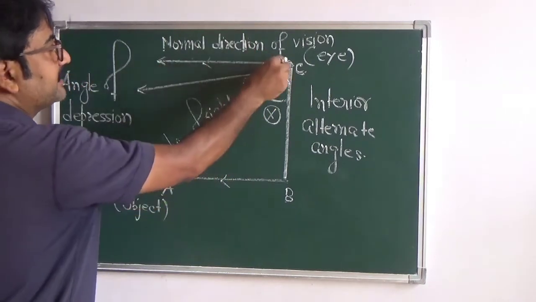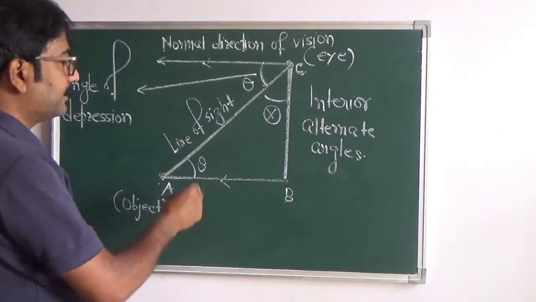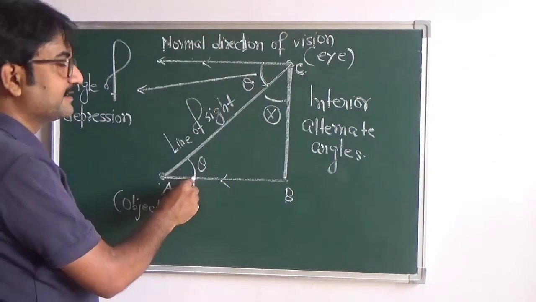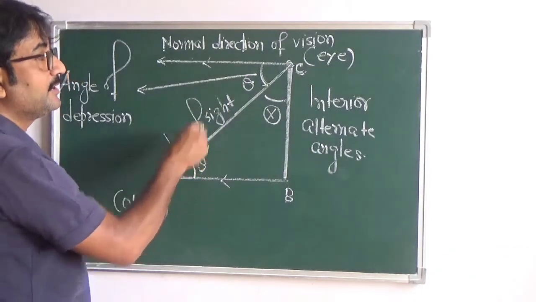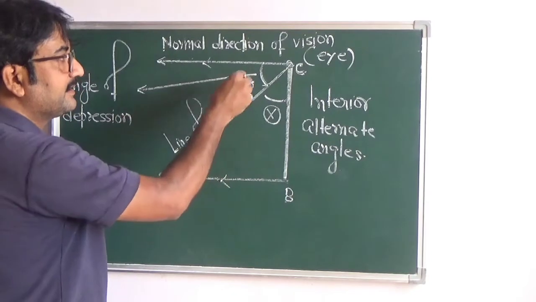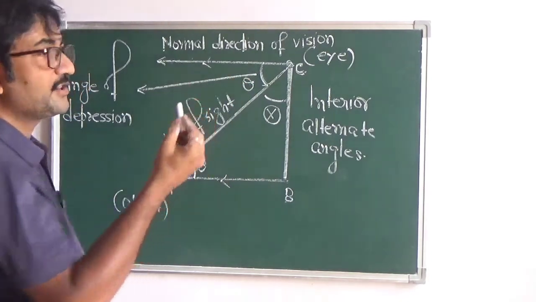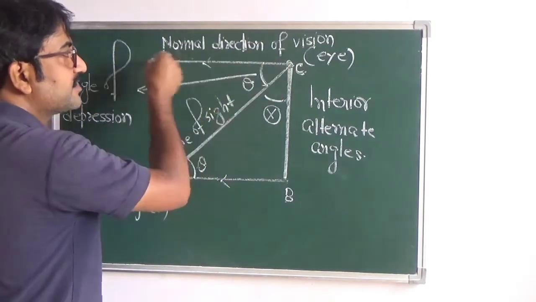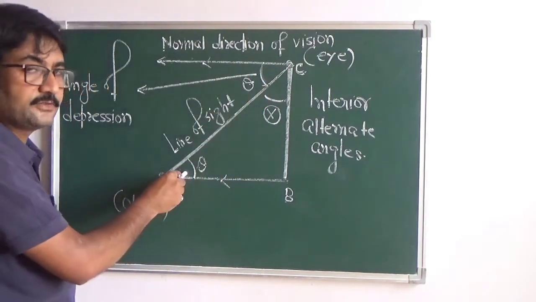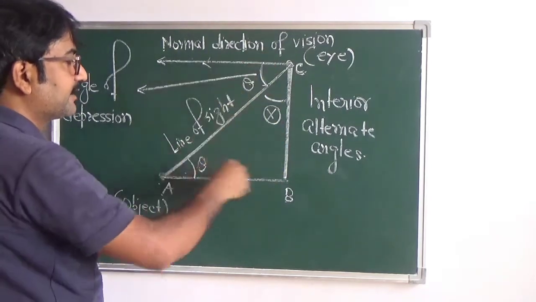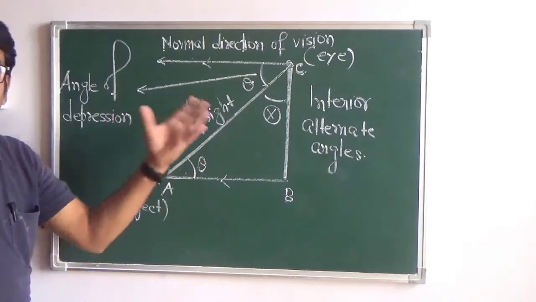If you don't draw this line and don't show this angle, then your marks will be deducted. You cannot take directly this particular angle as the angle of depression. This is the same angle, obviously. We have applied the properties of parallel lines so that this angle and this angle become equal. But if the question says the angle of depression is given, then you have to draw this diagram first. You have to mention this angle here and then this one, so that you can apply the trigonometrical ratios to find out the required unknown quantity.